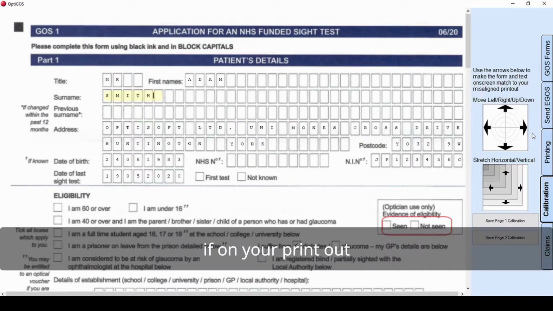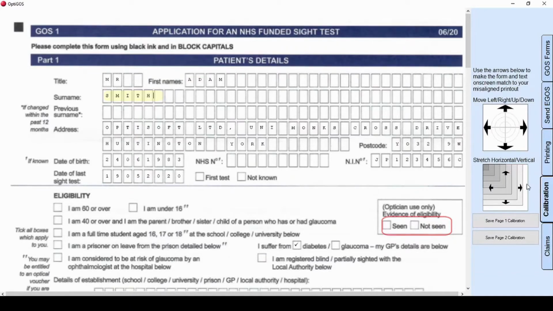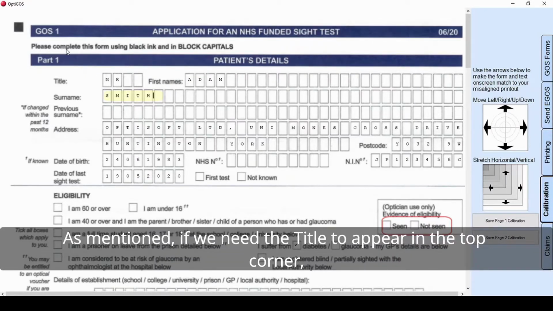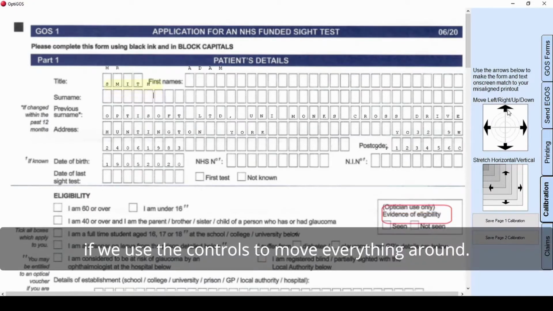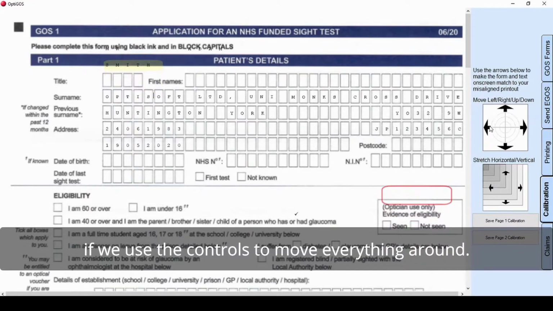So for example, if on your printout the title of the patient is appearing towards the top left of the form, you need to move the title into that position. The top control on the right hand side moves everything up, down, left and right. The bottom control stretches everything horizontally and vertically accordingly. So as mentioned, if we need the title to appear in the top corner, if we use the controls to move everything around,